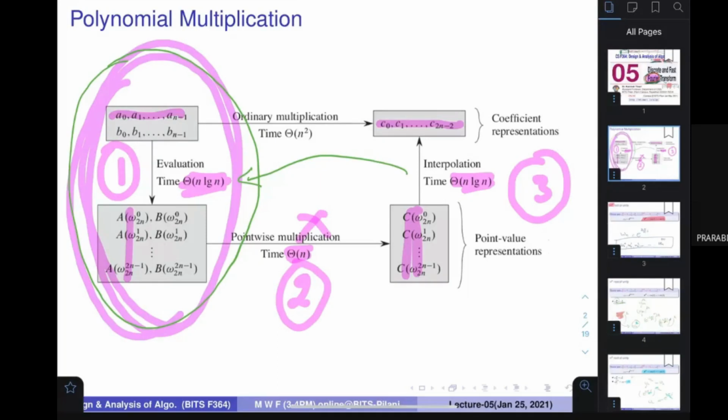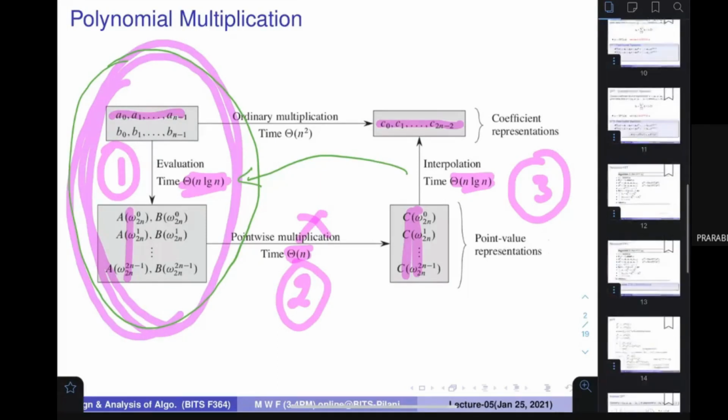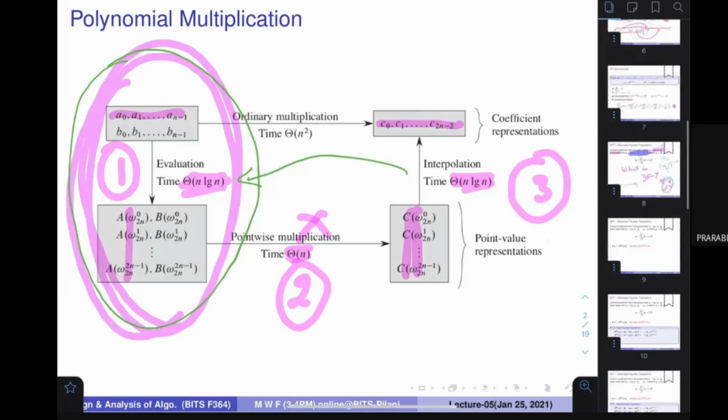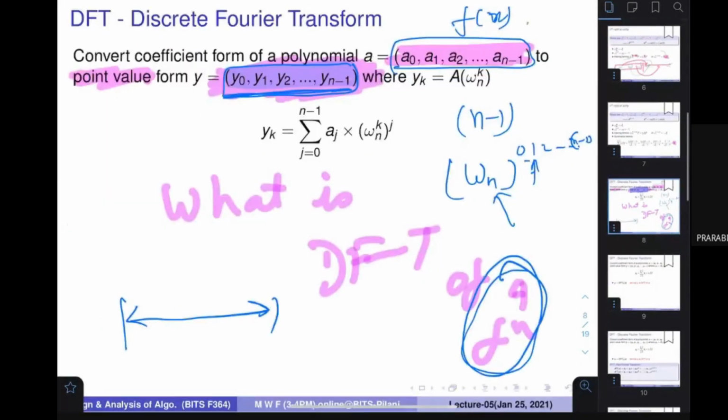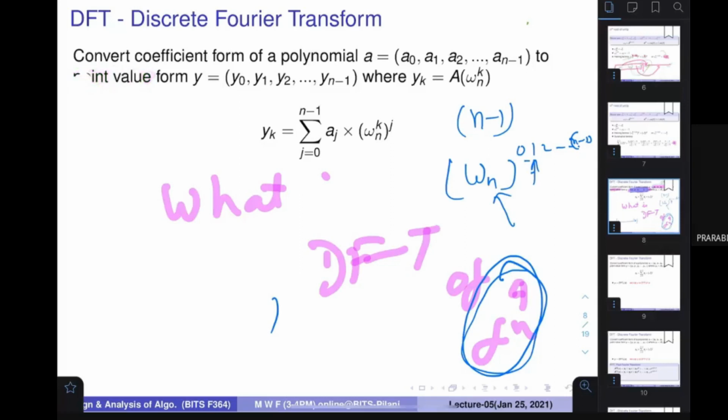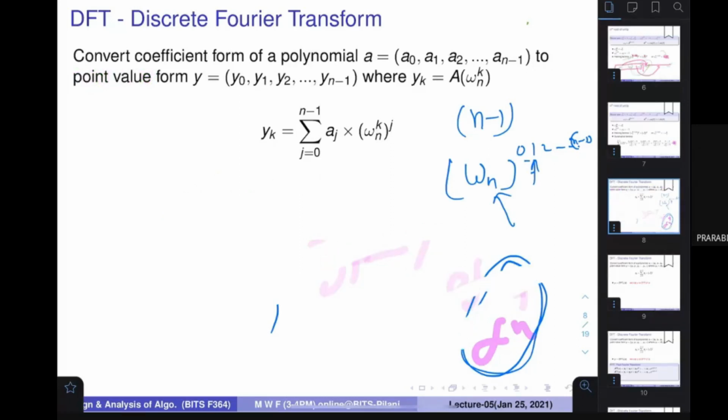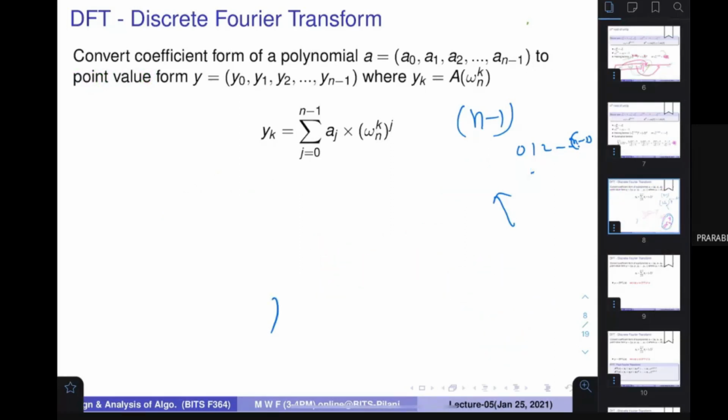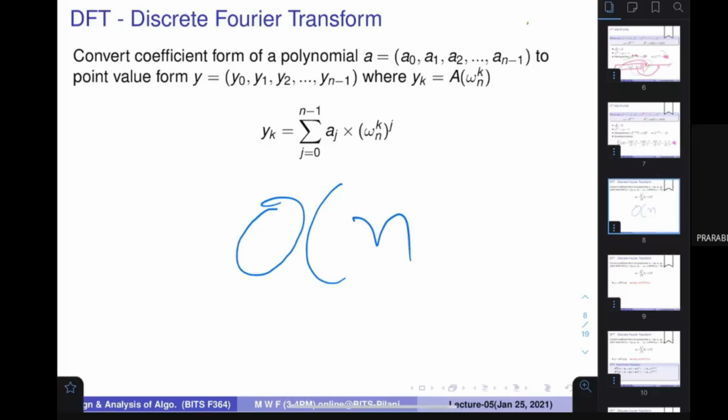Okay, so everybody understand that this is how DFT, what is the value of DFT. If I ask you how to find out the DFT, the method that right now you know actually takes how much time? Order of, can anybody write how much time it takes to find out this DFT? Order of n square, order of n square time it takes to convert.